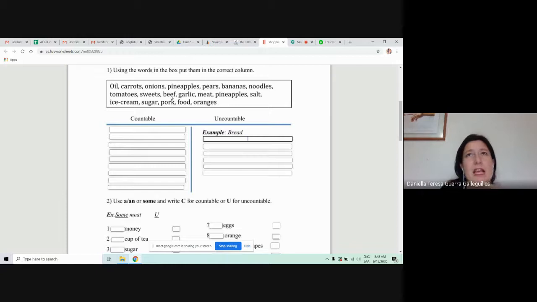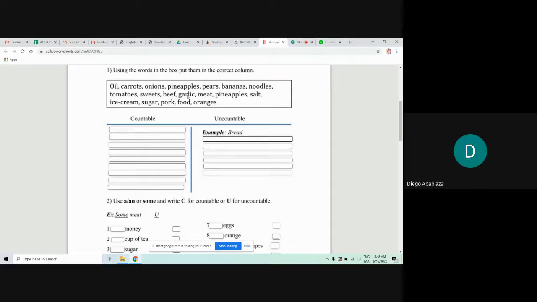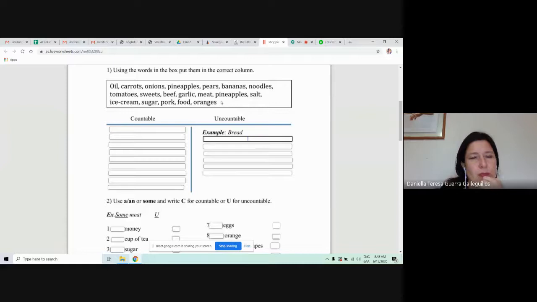Beef, like the beef steaks, más conocidos como bistecs aquí en Chile. Uncountable. Beef. Uncountable, that's right, like the meat. The garlic and pineapples are? Garlic is ajo. So countable. Countables, that's right. Aunque el garlic también puede ser considerado como uncountable porque uno dice una a clove, una ¿cómo se dice? Se me olvidó la palabra de un tú no te comes el ajo entero, sino que sacas un